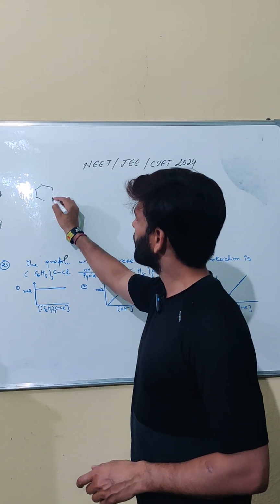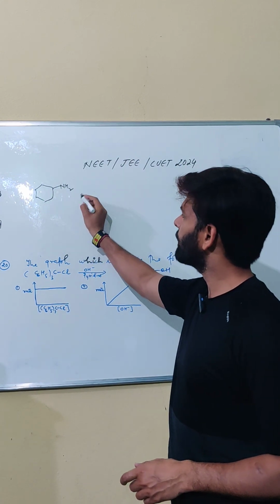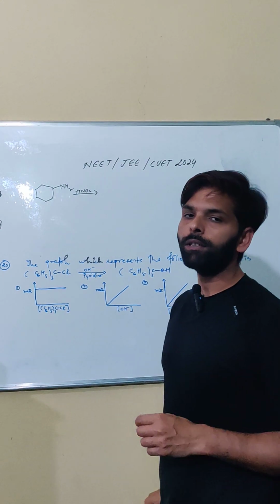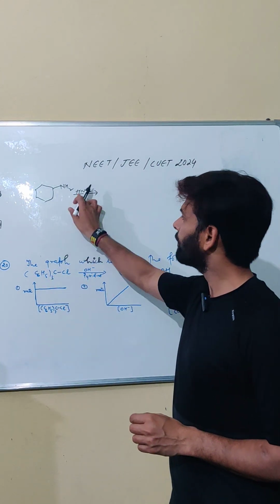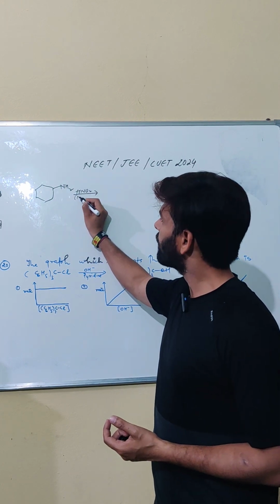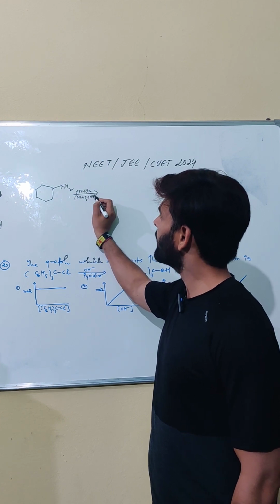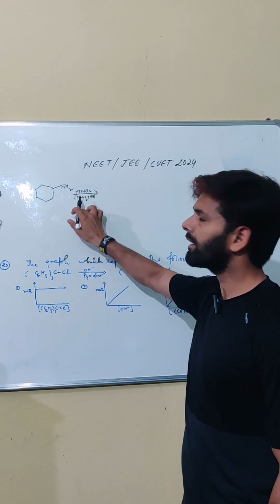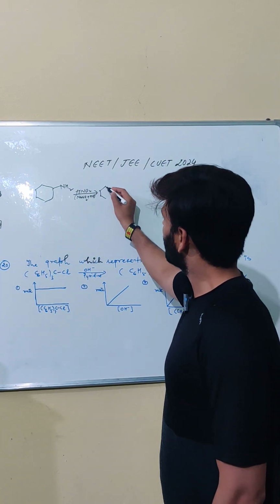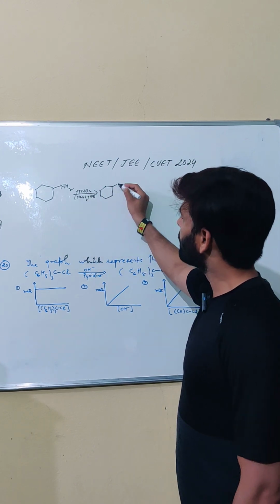In the 18th question, we have cyclohexanamine and that is treated with nitrous acid, HNO2. We know that an aliphatic amine when treated with nitrous acid, that is a diazotization reaction, and nitrous acid itself is a combination of NaNO2 plus HCl. So whenever any aliphatic amine is treated with this nitrous acid, through the diazotization reaction we get alcohol. An aromatic amine gives diazonium chloride, but an aliphatic amine gives alcohol.